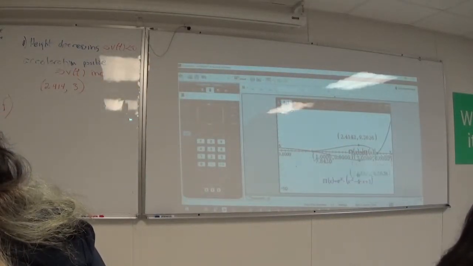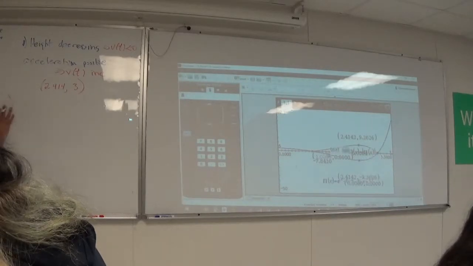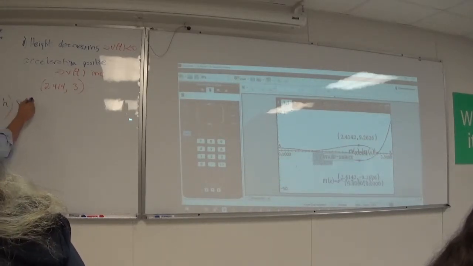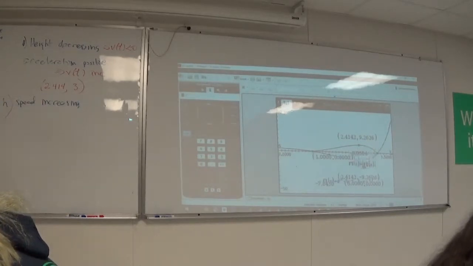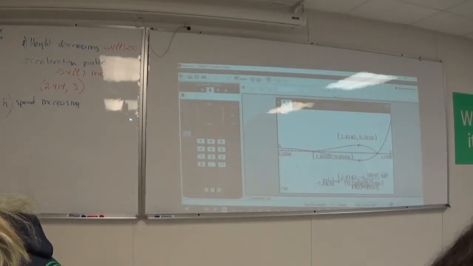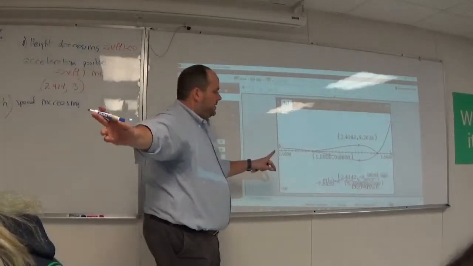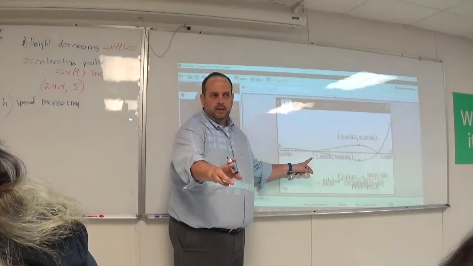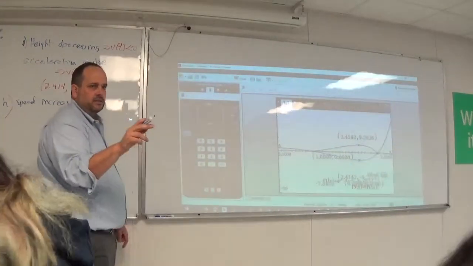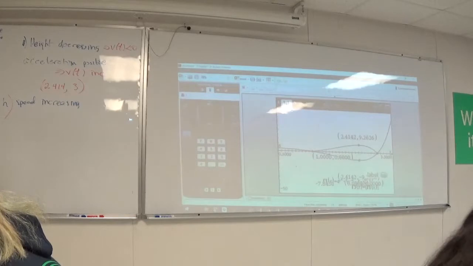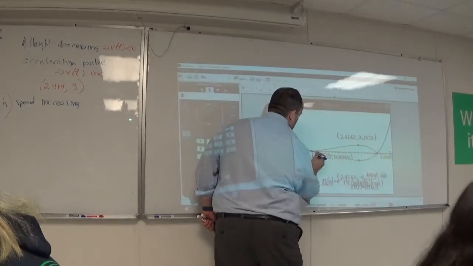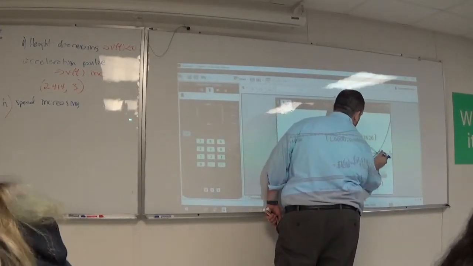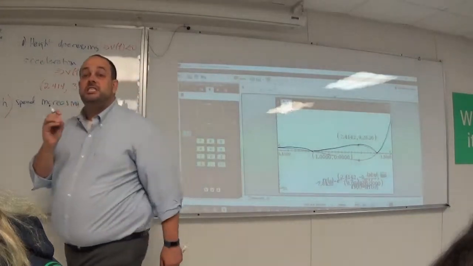All right, Jeanette, how are we doing with where the speed is increasing? Okay, Jeanette, what intervals is speed increasing? From 0 to 1. Jeanette says that the speed function is going to be increasing from 0 to 1. I don't agree. And looking at some of the faces in the room, I don't think you guys agree either. The speed function is this guy here. I just need to know where speed is increasing.